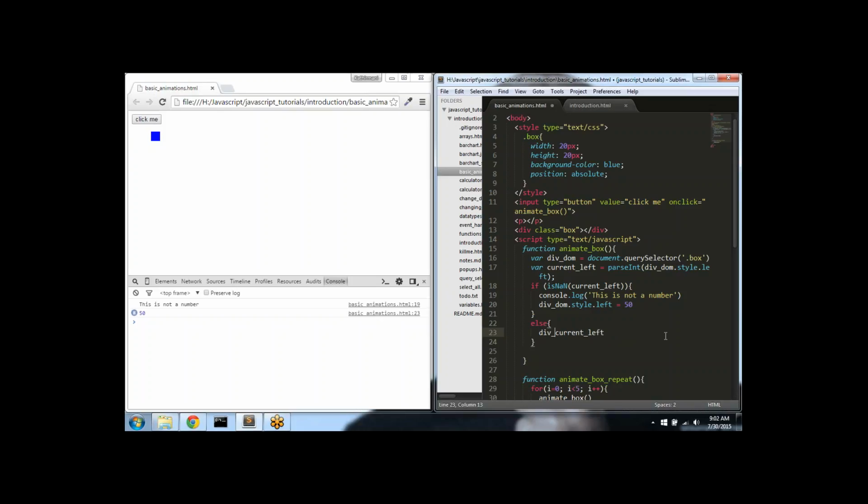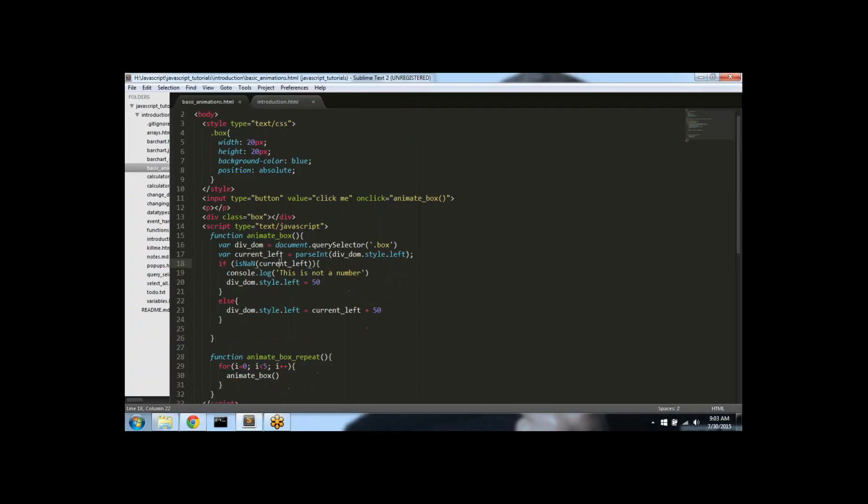div_dom.style.left is equal to current_left plus 50 pixel. It moves one step up and it moves for the second time. It moves for the third time and it takes the current position and then moves 50 pixel left, left, left. Okay. So for any confusion,